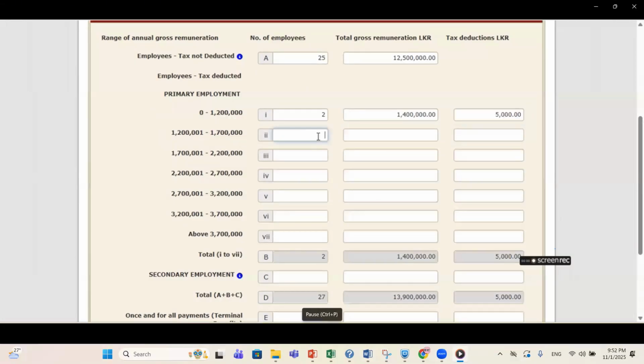Based on the categorization here, you have to enter how many employees there are, the amount of remuneration paid for that particular category, and the amount of APIT deducted for that particular category, right? So those are the details that you need to enter here, and the system will calculate the total.